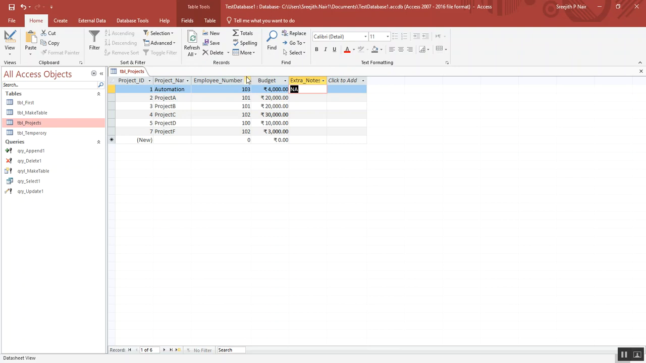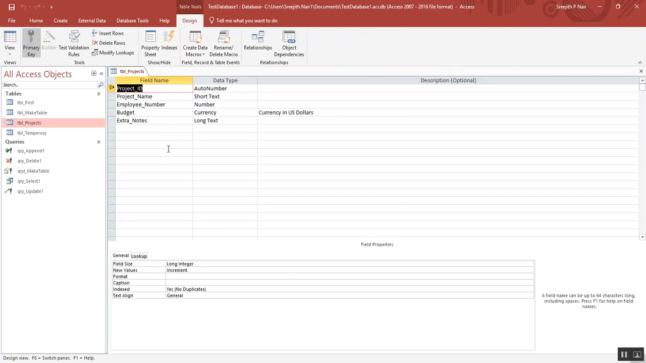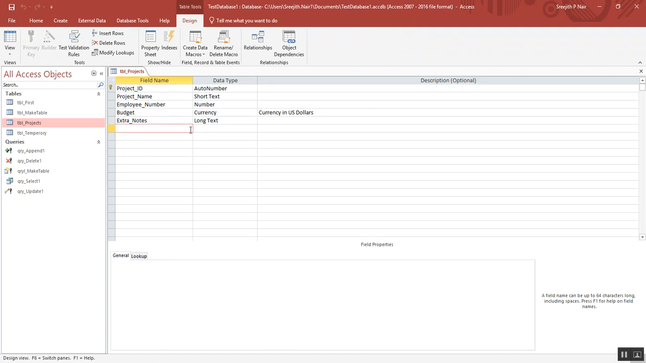So the budget is 4,000. Now the per hour budget or per year budget, let's say. I'm thinking how I can do this. Yeah, budget is currency. Now let's say resource cost. Perfect. Resource cost